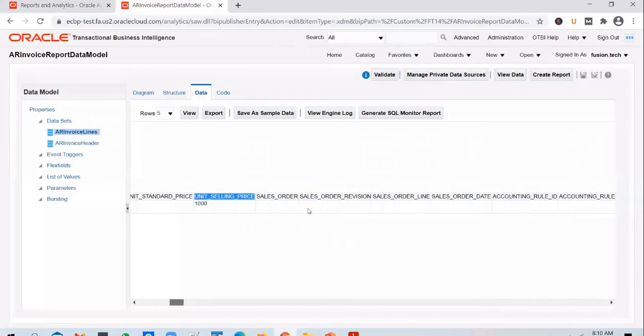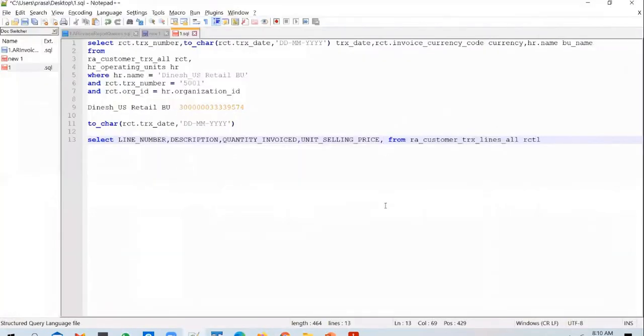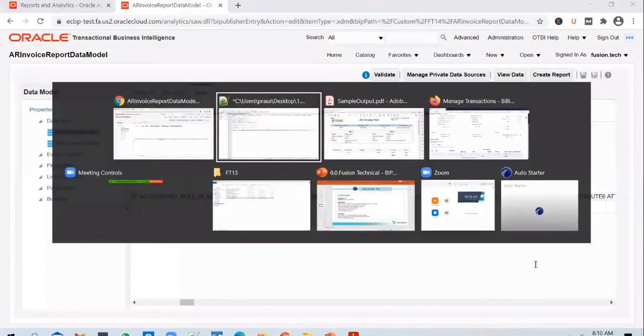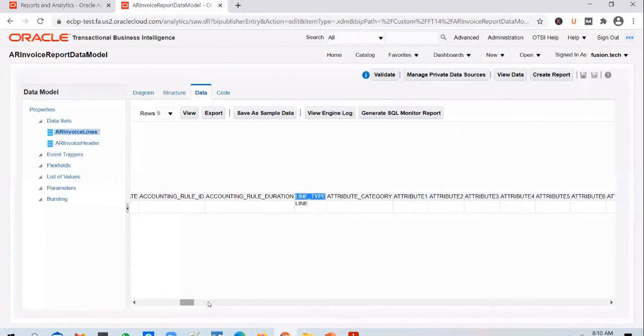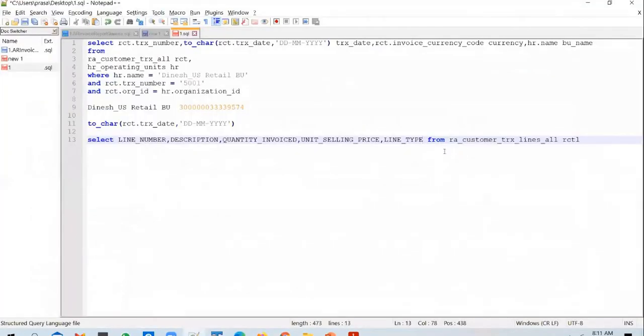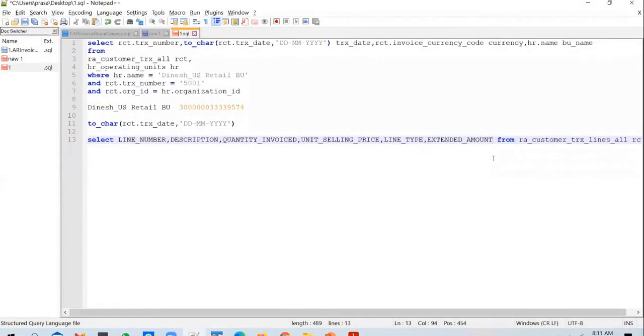So pick up the line type column from the lines table and copy it to your query. And what else do we need? We also need the amount column. So look at the lines table and see if there is any amount column in there. Yes, there is an amount column. Copy it and paste it in your query.